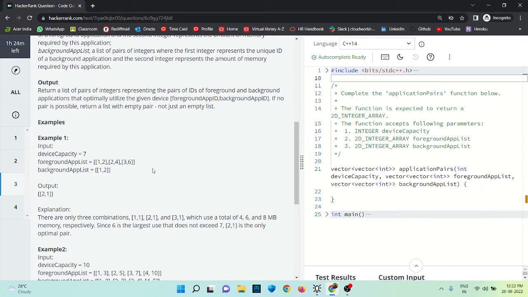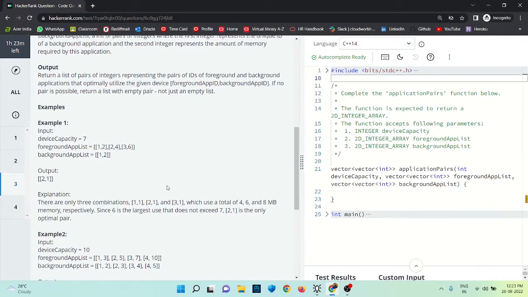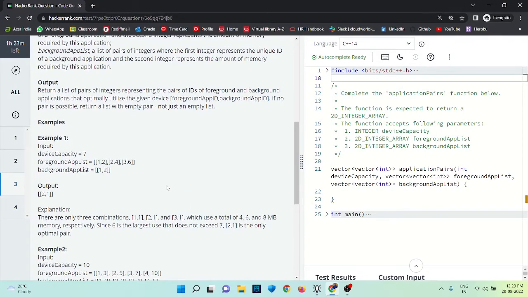अगर मैं 1 1 कॉम्बिनेशन की टोटल मेमोरी देखता हूँ तो 4 आएगा, इस केस में 6 आएगा, थर्ड वाले केस में 8 आएगा। और तुमको डिवाइस कैपेसिटी 7 दी है, तो तुम कौन सा चूज करोगे। तुम्हारे पास तीन मेमोरी हैं, 4, 6, 8। इनमें से हमको कोई एक चूज करना है या मल्टीपल? हाँ, मल्टीपल भी चूज कर सकते हैं, बट 4, 6, 8 में कौन से चूज होंगे ये हमको बताना है।